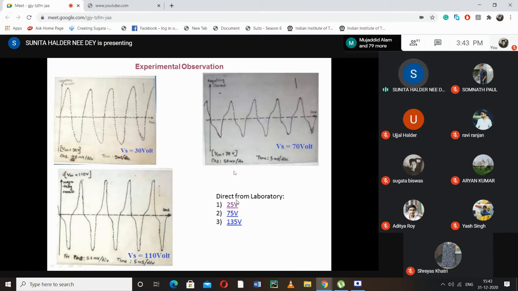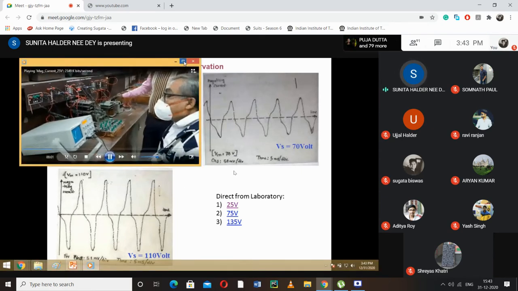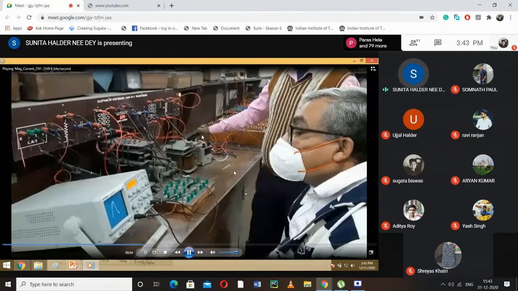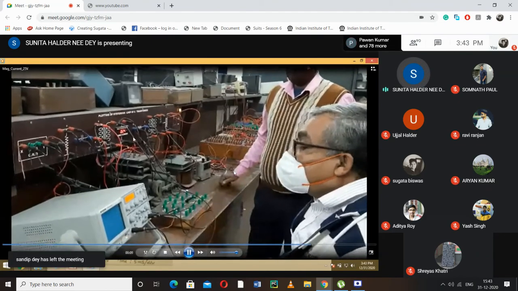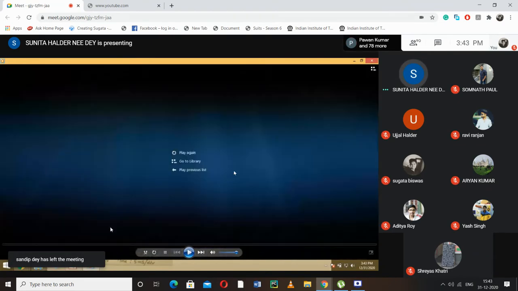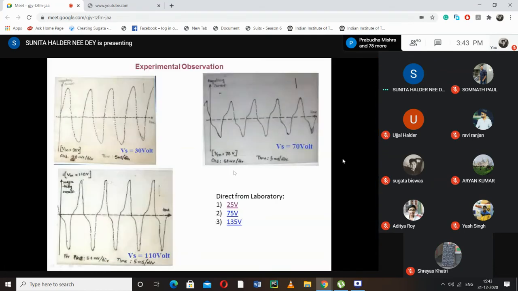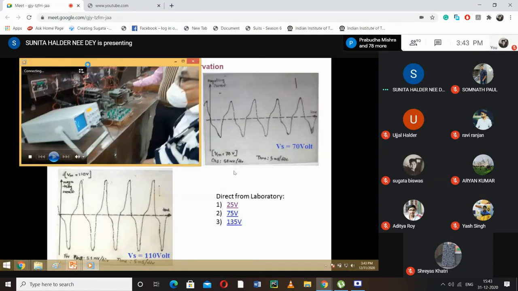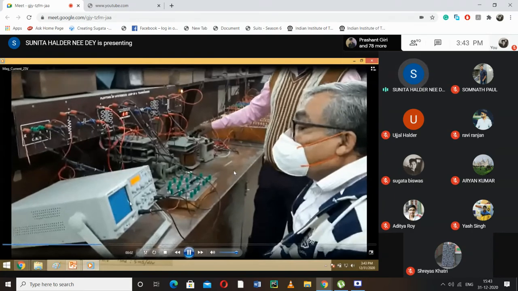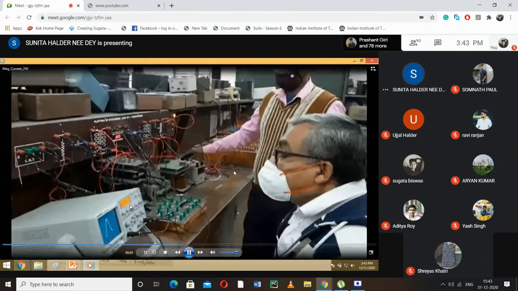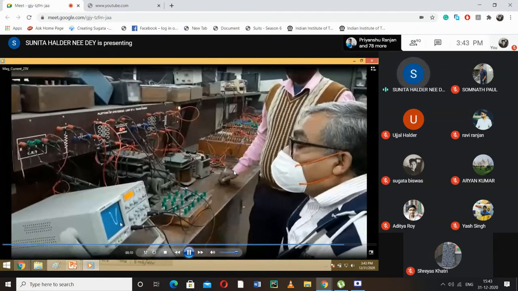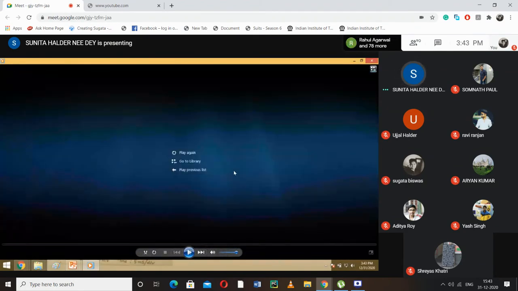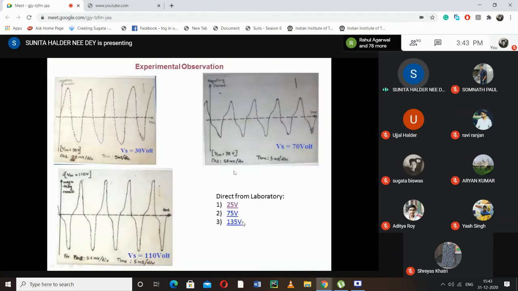Now, if we see from the laboratory, it is like this. It is simply this one. So we just adjust the variac from here. And this they have done for 25 volt, 24 volt, and you can see the observation is almost linear. So I have shown you for 11 volt theoretically or from the report, and 24 volt from the lab. Have you understood that?